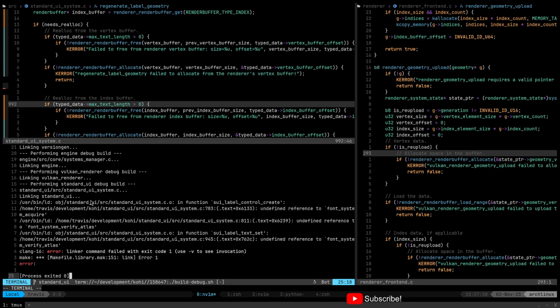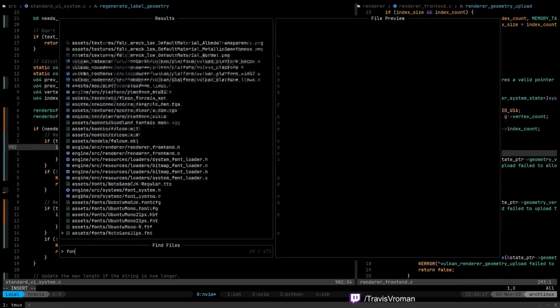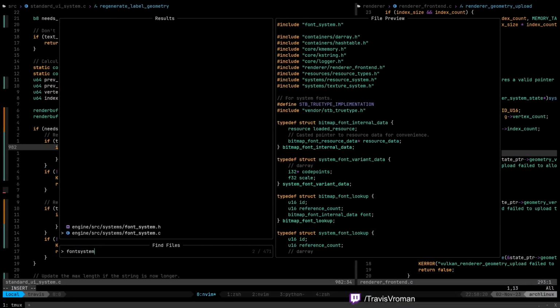Linker error. Undefined reference to font system acquire. Maybe we didn't export that? It's the only thing I can think of there.